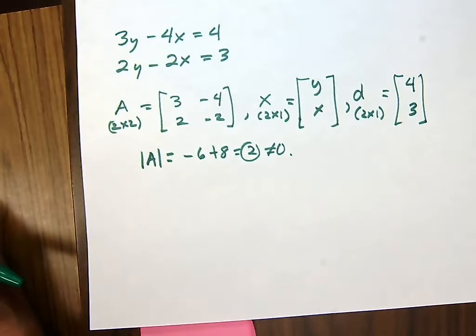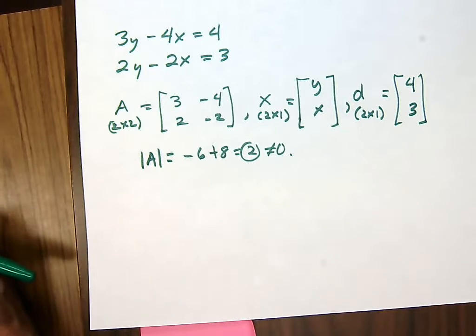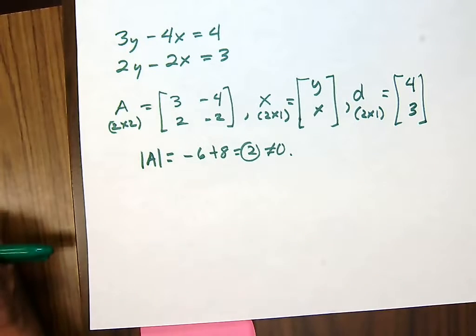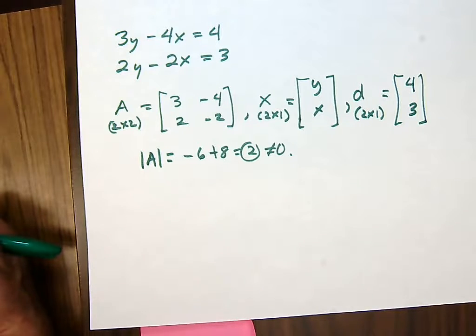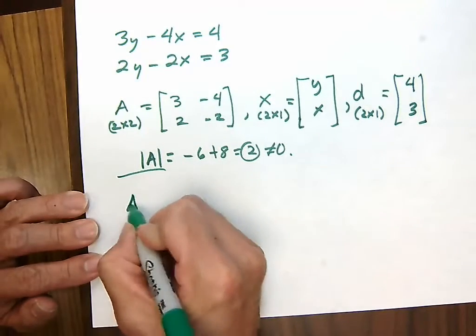Now, how do we find that unique solution to this equation system, a unique value of y and a unique value of x? Well, this time, instead of using the matrix inversion technique and finding the inverse of A and getting the cofactor matrix of the A matrix and the adjoint of A and all of that, to use Cramer's rule to solve this equation system, we need to form the A1 matrix and the A2 matrix. So here's how we do it.